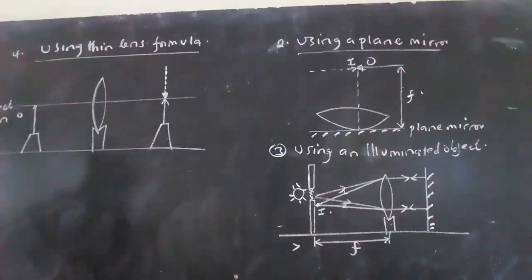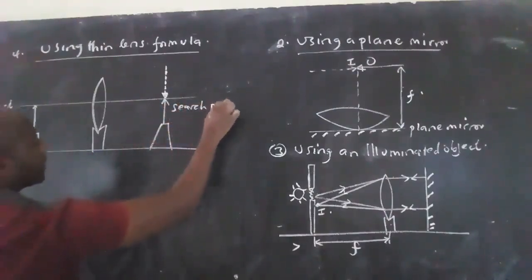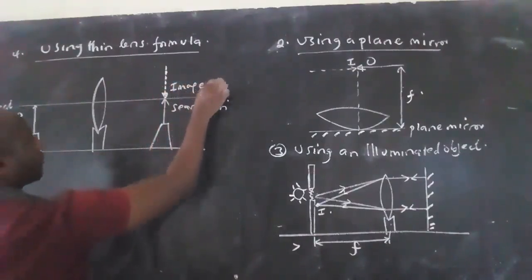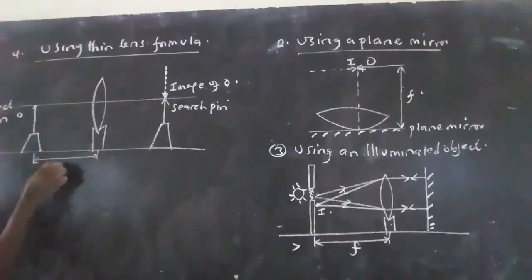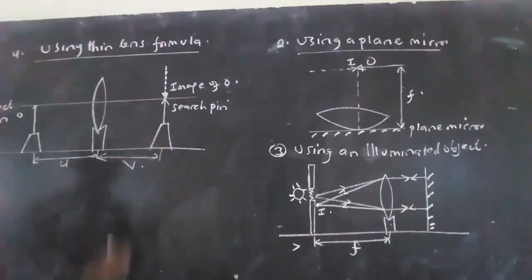Then this is the search pin. We can call it the search pin. This is the image of the object. So here this is the distance U, and this is the distance V. So we shall now say that an object pin is placed in front of